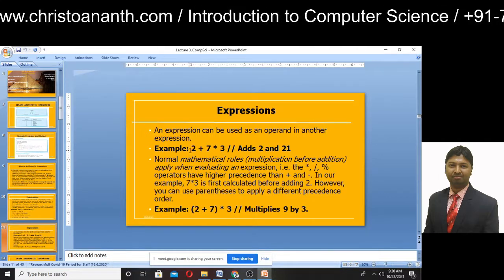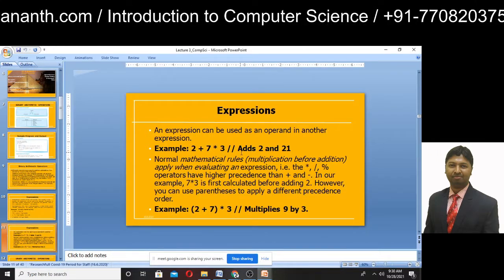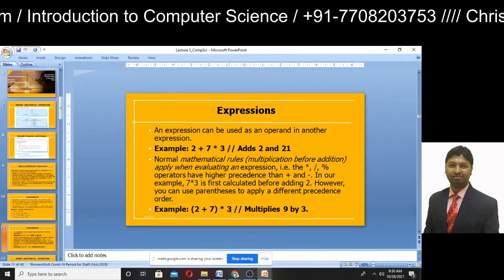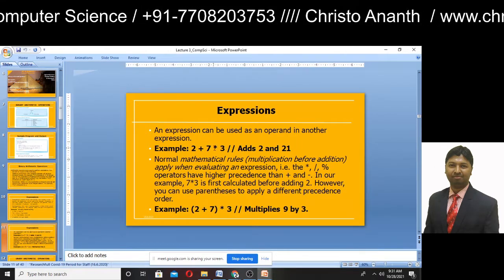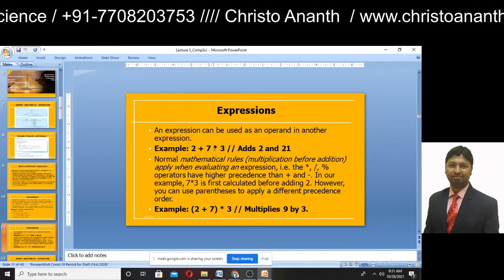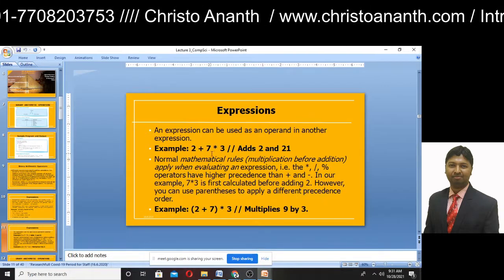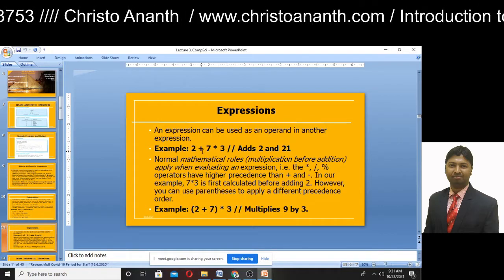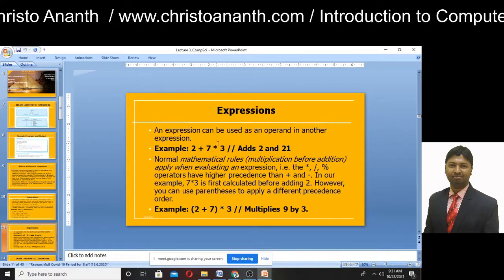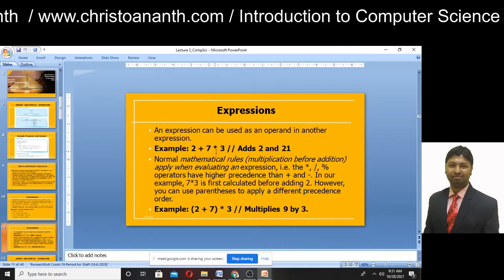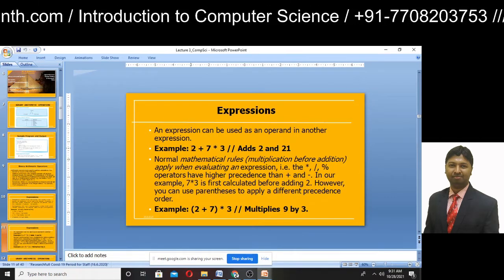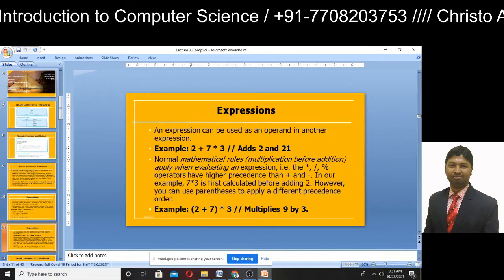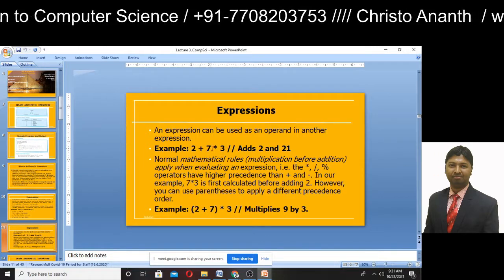The expression 2 + 7 * 3 is different from (2 + 7) * 3. Multiplication comes before addition, so 7 multiplied by 3, which is 21, is done first, and then 2 is added, so the result is 23.